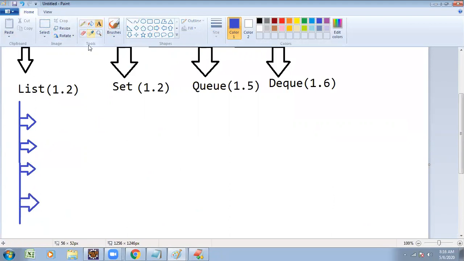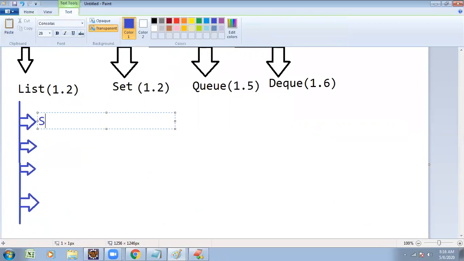First, the Stack class. One of the class names is Stack. Stack class came into existence with JDK 1.0. The collections came into existence with the JDK 1.2 version, but Stack was already available. Stack as well as LinkedList, which came into existence with the JDK 1.2 version.